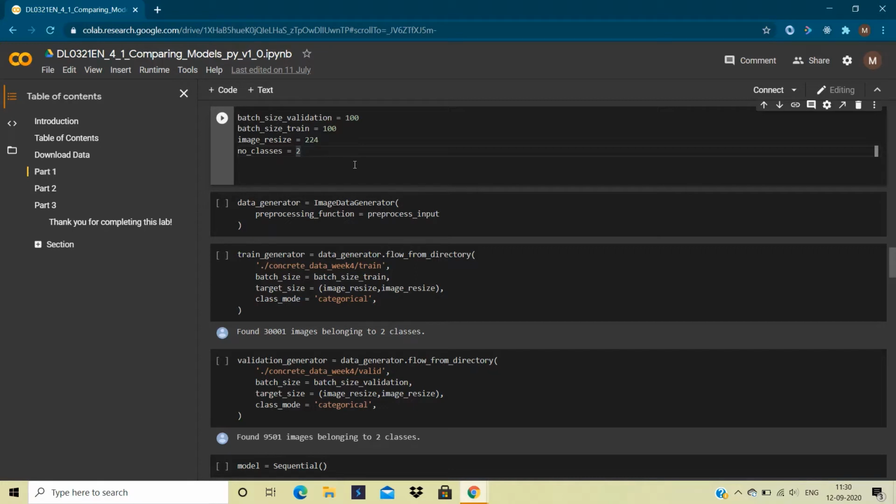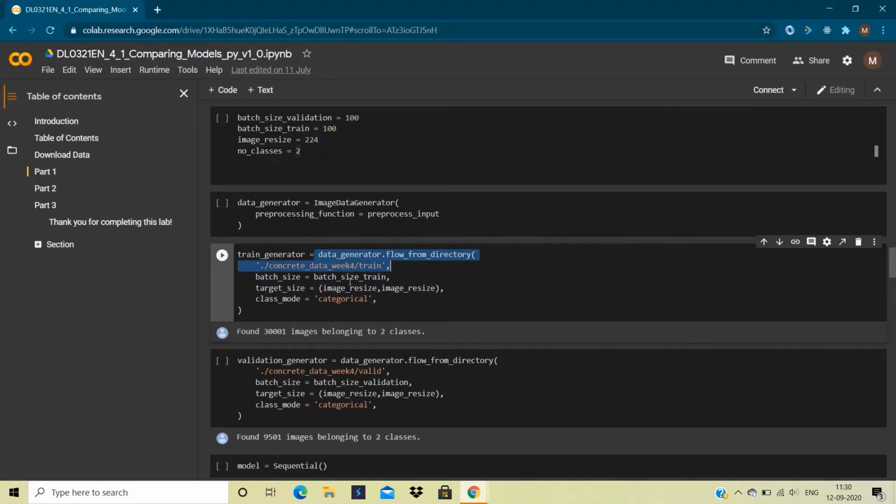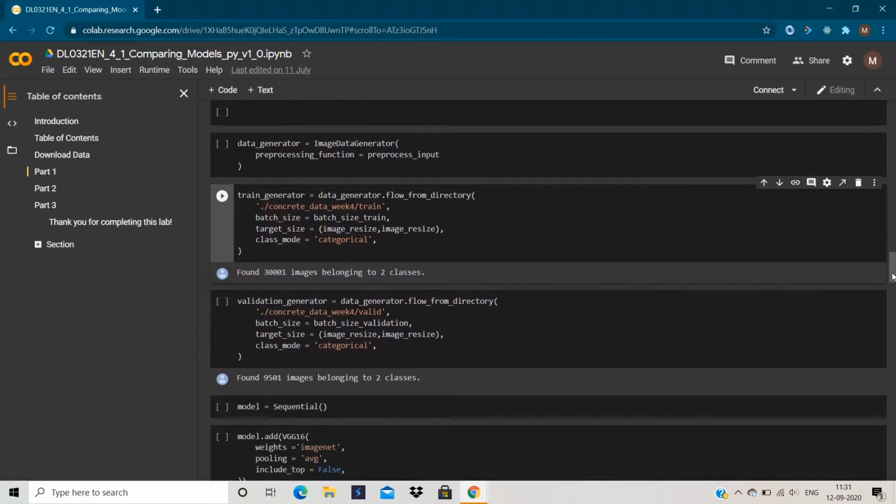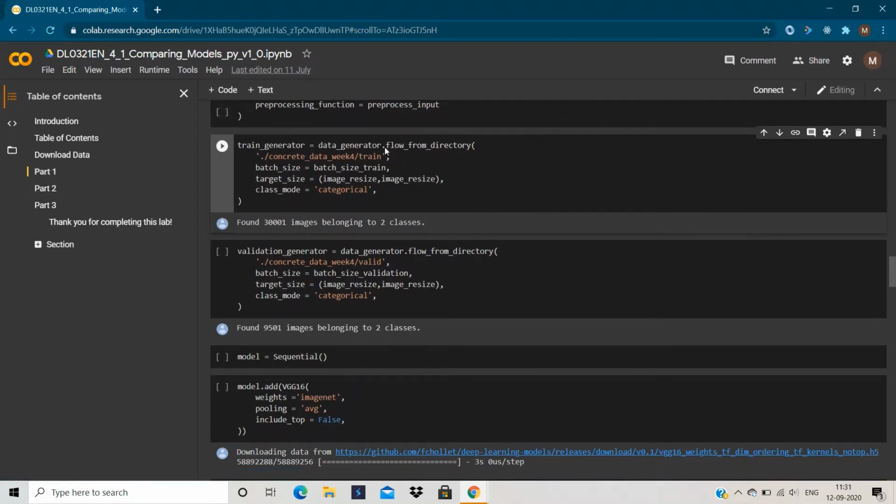After that we are creating a data generator. By creating a data generator, we can fetch the images from the directory. That is what we are doing after initializing the data generator with image data generator. Here we are calling training images. You can see that the path that I had provided is concrete data week 4, that is the name of the dataset, and in that dataset we have to fetch the images that are in the train folder.